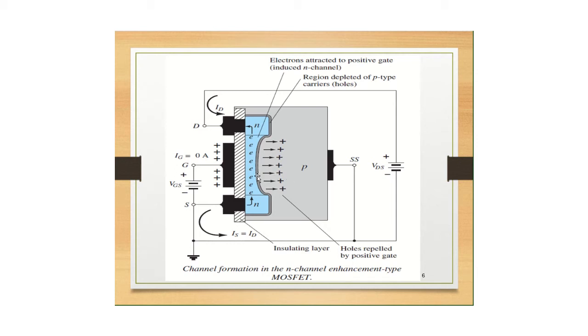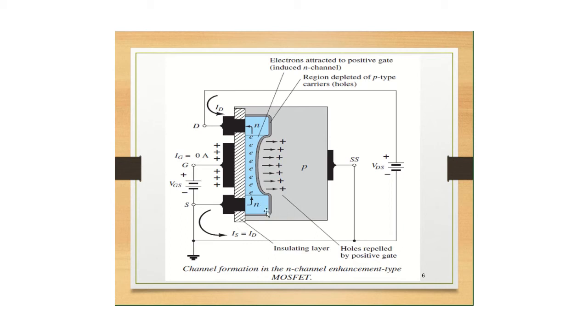Now there is a channel formed in between source and drain. You can observe the channel and the narrow depletion region there. The width of this channel depends on the voltage you apply here, VGS. As you increase the voltage VGS, the width of the channel also will increase. Because the channel is non-existent with VGS equal to 0, and it is enhanced by the application of positive gate to source voltage, this type of MOSFET is called enhancement type MOSFET.